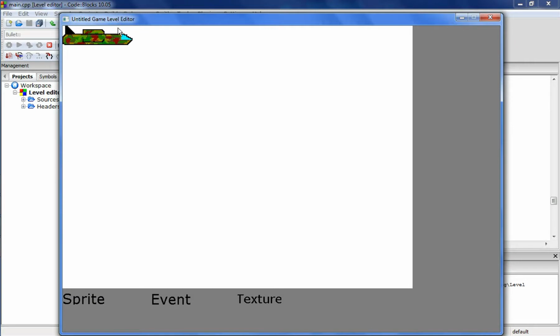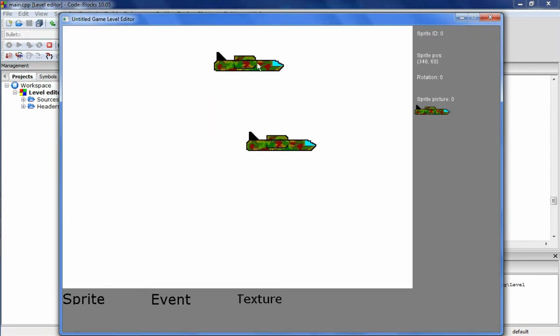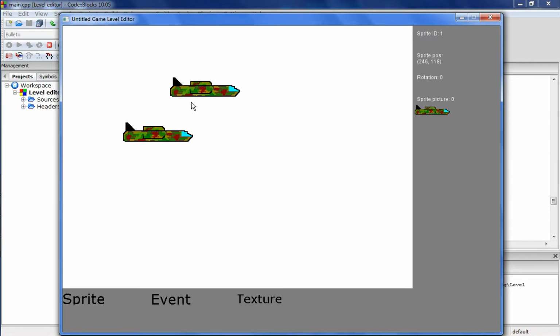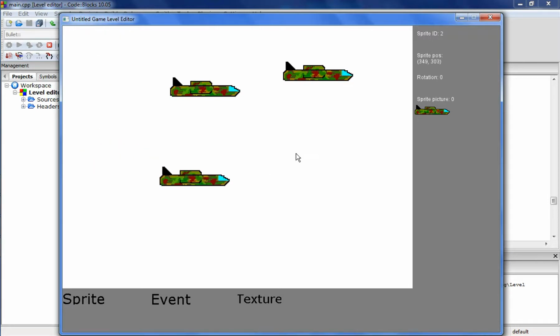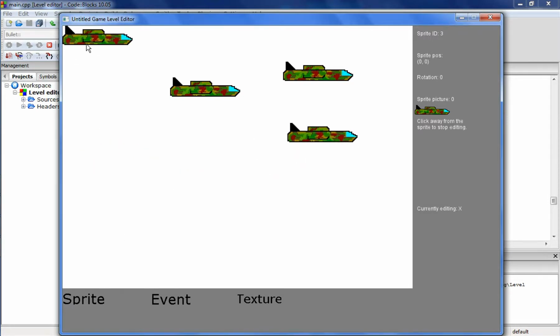Okay, so basically, when you add a new sprite, I found a bug. I'll fix it later, but it'll become a normal sprite until you click on a new sprite, ID 1, and you've added all this stuff. You click away from it, and you can drag it. These are all independent sprites that you can use. You can have as many of these as you'd like. I'm looking to maybe cap it eventually, so I can't just add a billion sprites, but